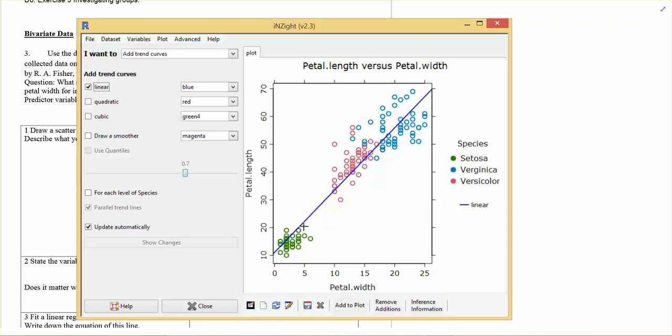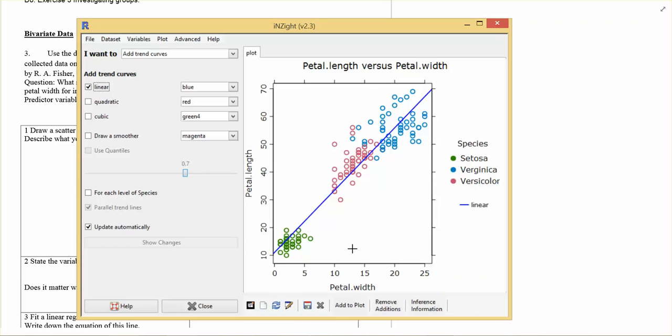It's not very valid for the Setosa species because it's above most of the points. It doesn't go through the middle of them, does it? So it's not a valid model if we want to predict Setosa species length based on their width. Also for the versicolor, it's not valid because it's too low. Well, its validity's poor, because most of the time, if we use that blue line, if we wanted to predict